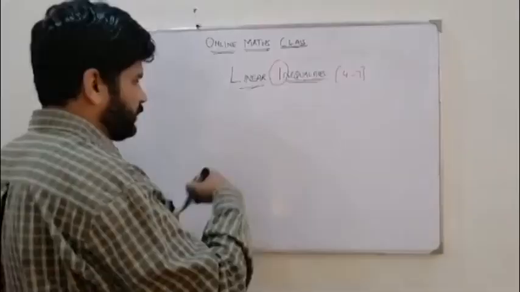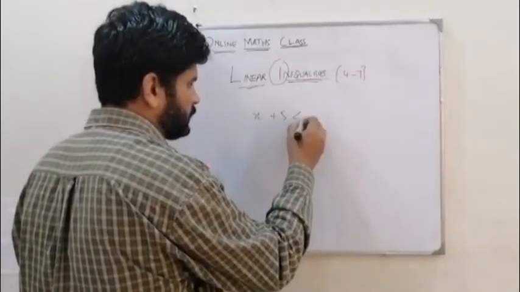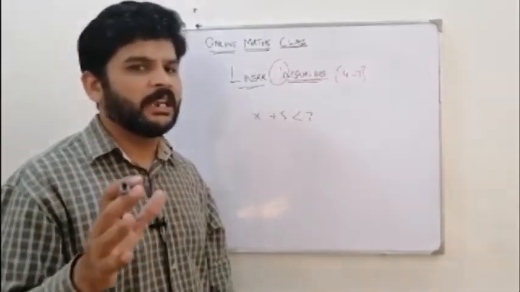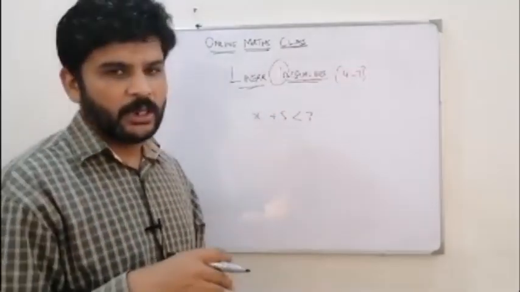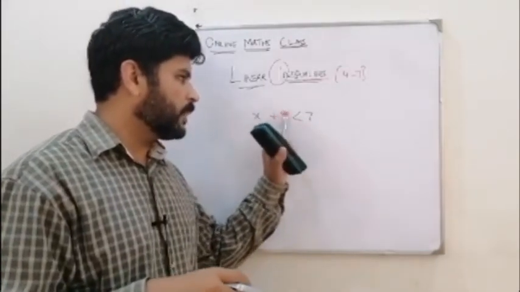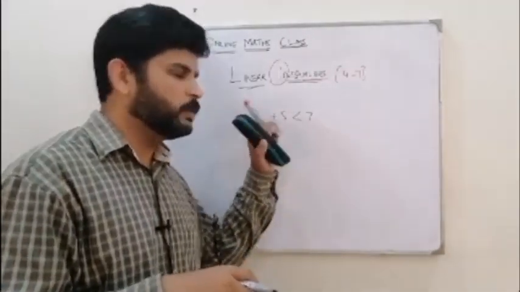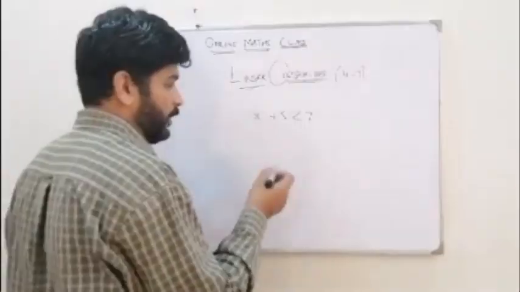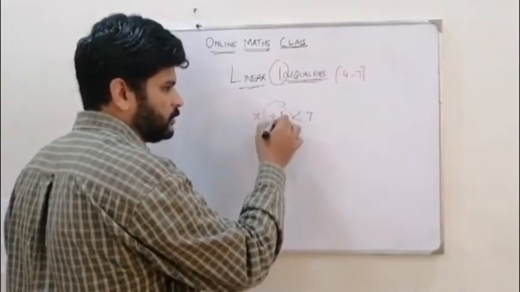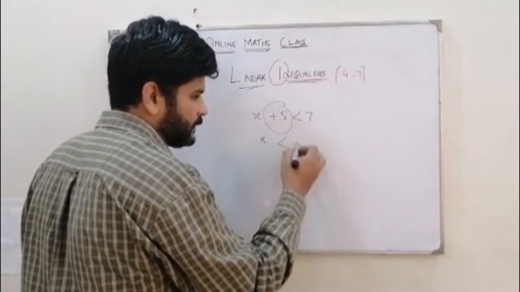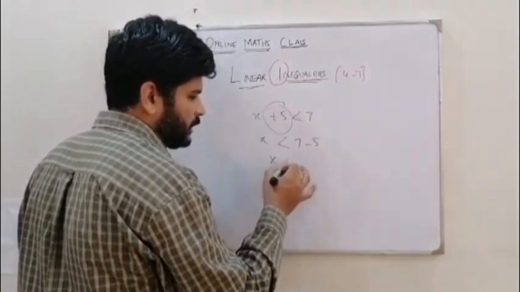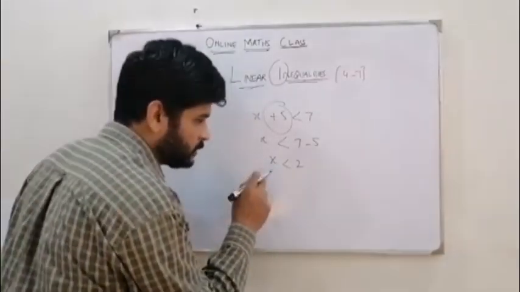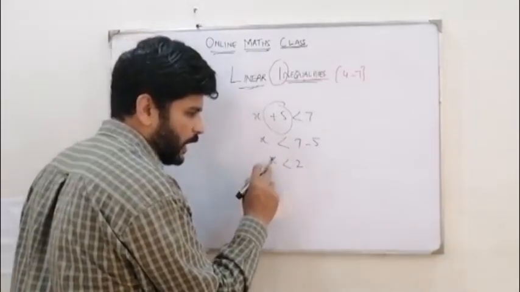Inequality in questions, just like for example, this is x plus 5 is less than 7. So this inequality is treated similarly to equal, right? You can move this 5 to this side, or you can bring 7 to this side, or you can move x here or bring x here. That's the same treatment as the equality sign. To find the value of x here, this is adding here, so it's going to go and subtract from here. So x is 7 minus 5, so x is 2. Is it less than 2 or greater than 2? x is less because the pointed face is towards x, so x is less than 2.